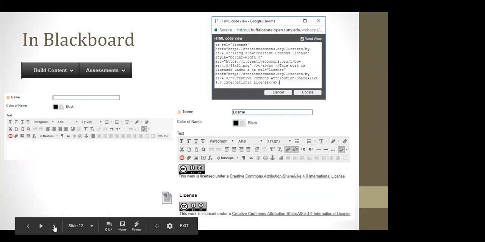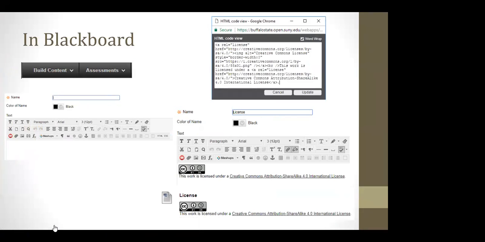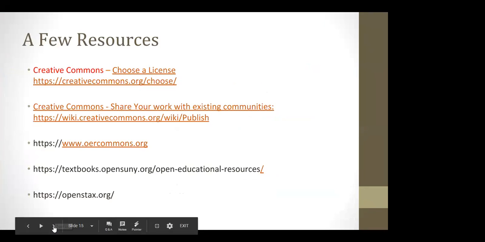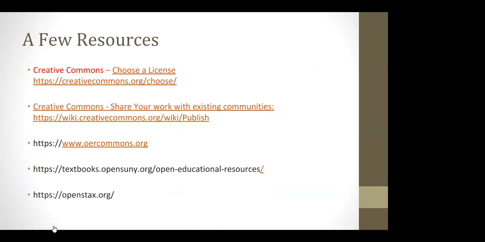Oh yeah, let's see what other slides we have. This was just the photos in case we couldn't link out, but we were able to link out. This just gives you the little picture of what to do in Blackboard, and then how to cut and paste, and then what happens after you cut and paste. I think the next slide is just that nothing, you don't need that. We don't need anything there. And the last slide here is just a few resources. There are lots of them. You guys might want to add any to those.